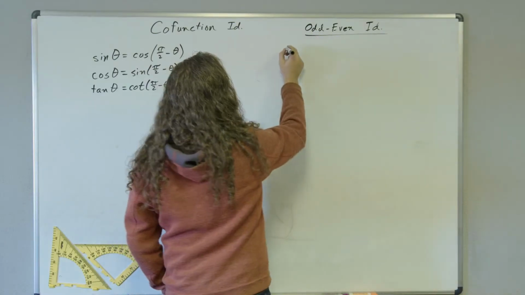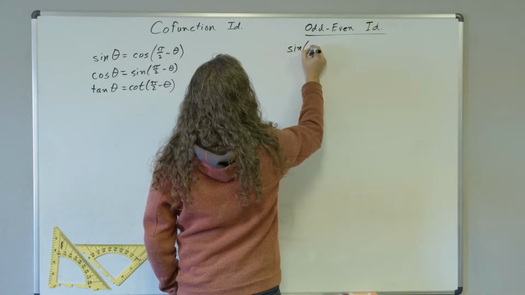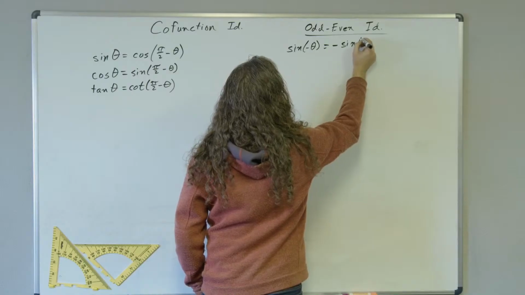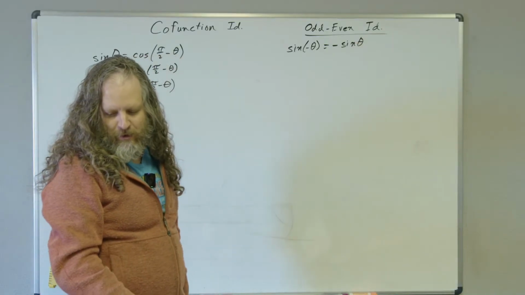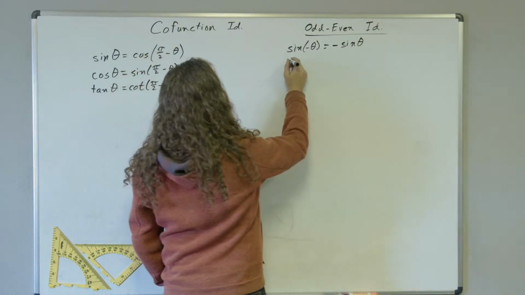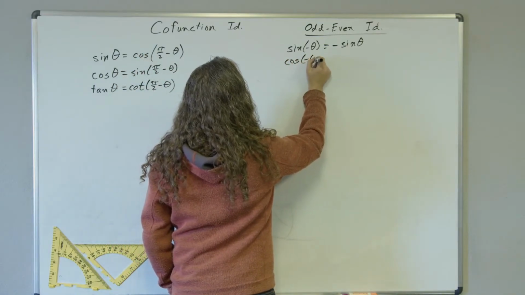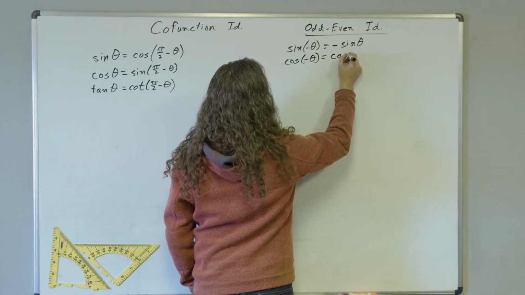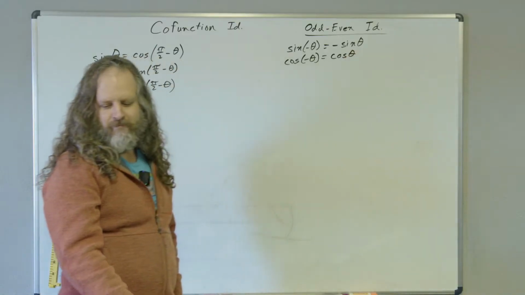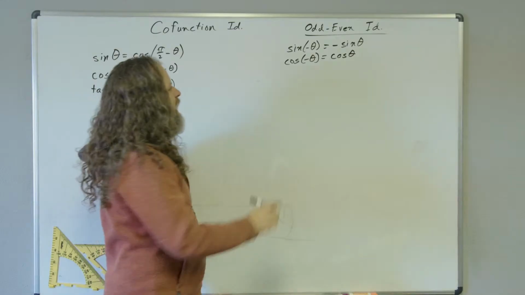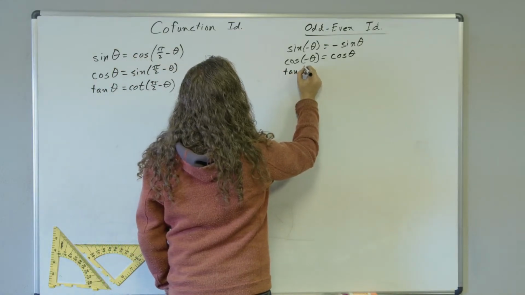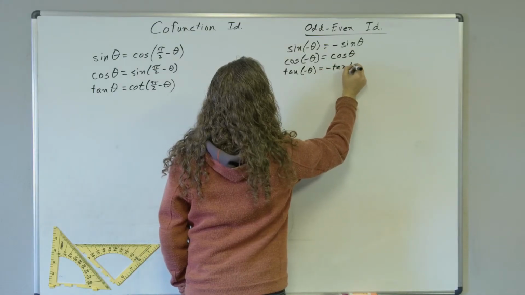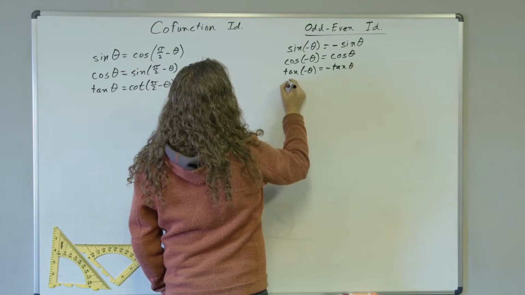They go like this. The sine of negative theta equals negative sine of theta. Easy so far. The cosine of negative theta. Cosine eats negatives. The cosine of negative theta is cosine of theta. The tangent of negative theta is negative tangent of theta. The secant